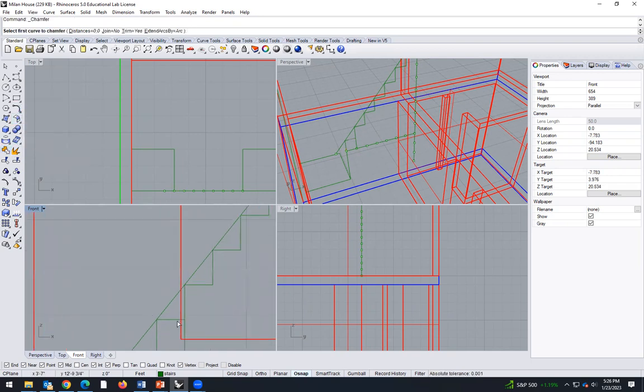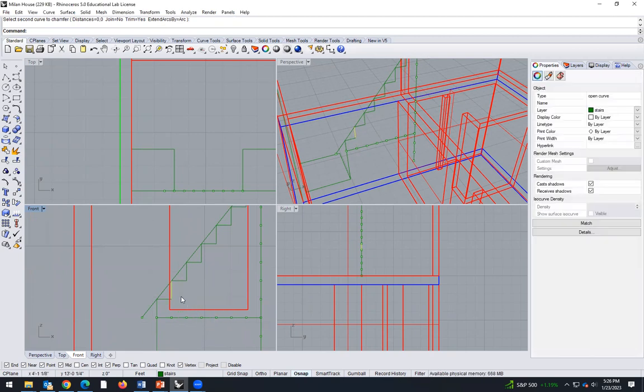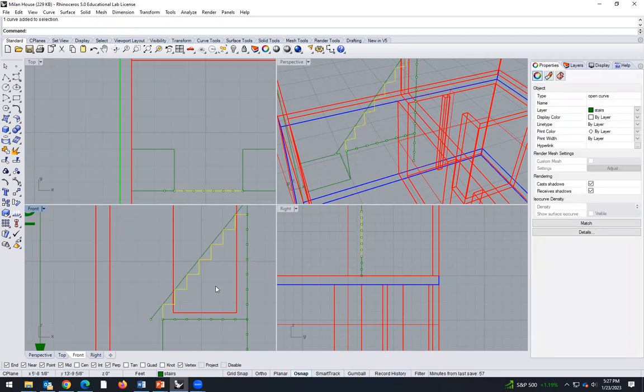With this chamfer, we can do this and this. Why do I have 2 of them? And now I can join. I can select all these curves or all these lines. So now all these steps are connected,